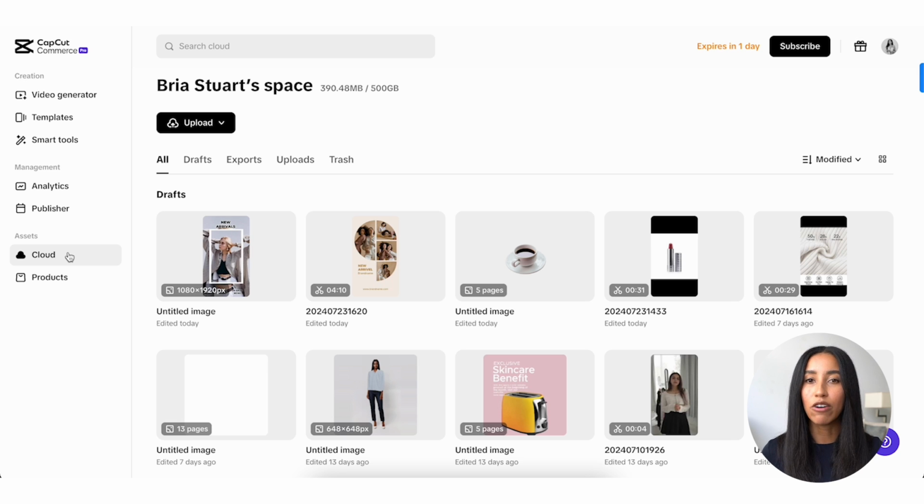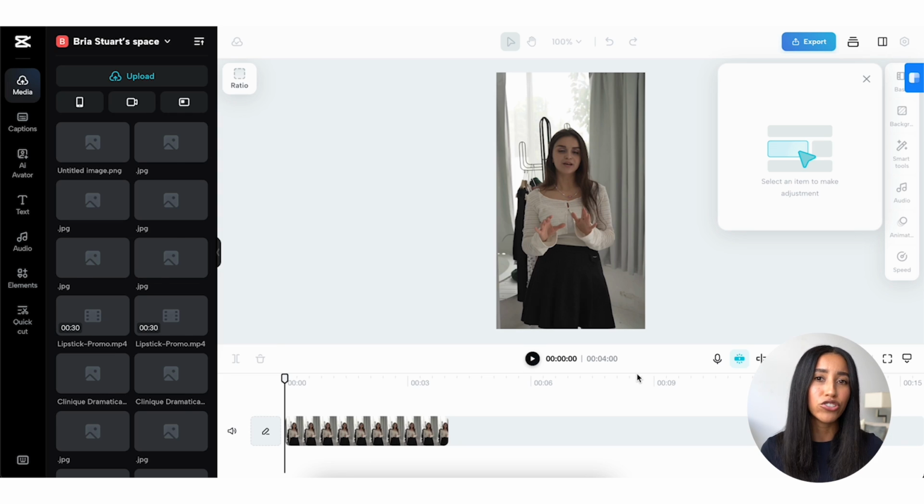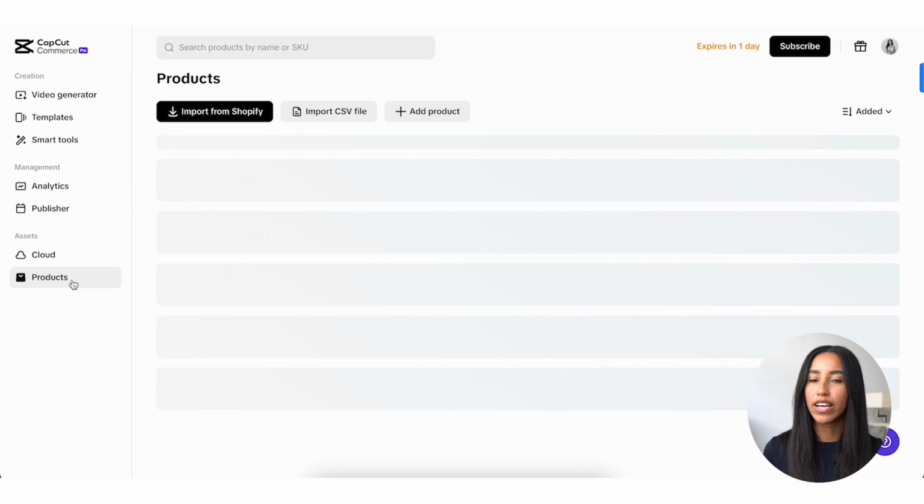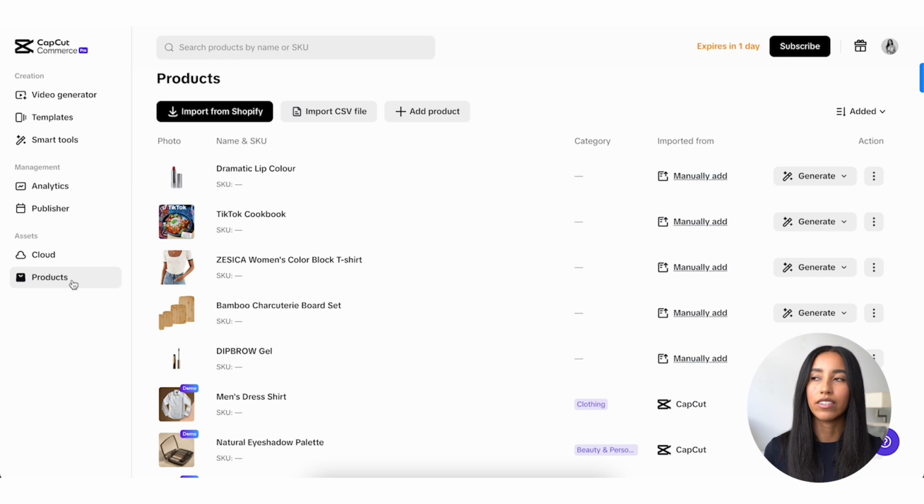You can see that this cloud here is actually my specific space, so I can send this to other members on my team so they can pick up where I left off on a project or sign off on content to post. Moving right along, I can also import and manage all of my products in the, you guessed it,